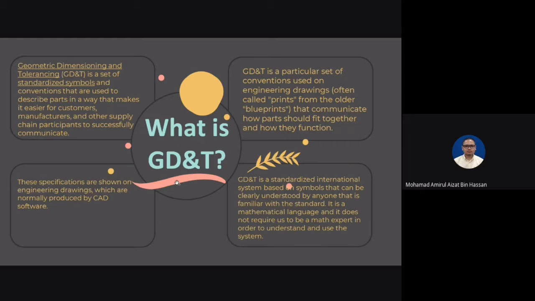GD&T is a significant improvement over the traditional plus-minus system for describing dimensions that relate to the fit, form, and function of parts. It is very precise as well as concise relative to the older system. This is described in terms of zones of tolerance that are relative to the Cartesian coordinate system.